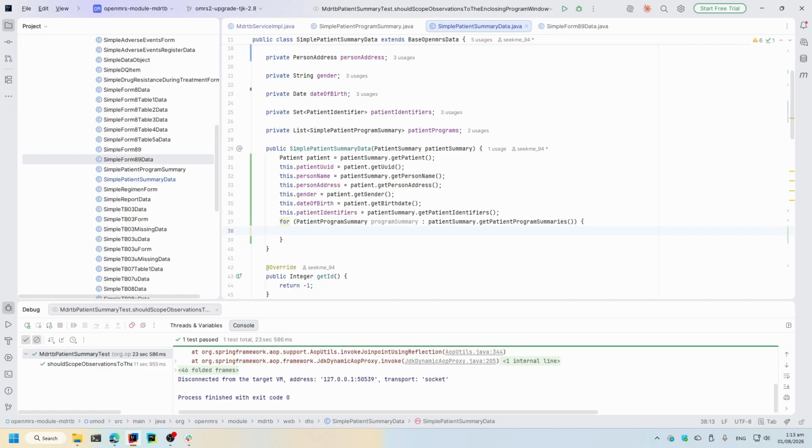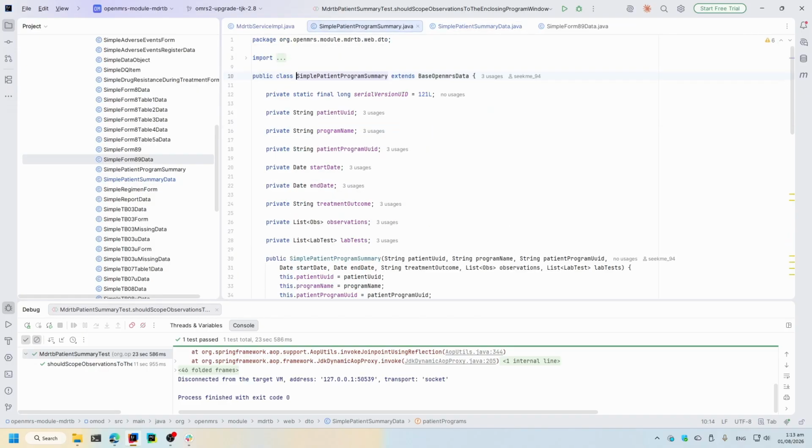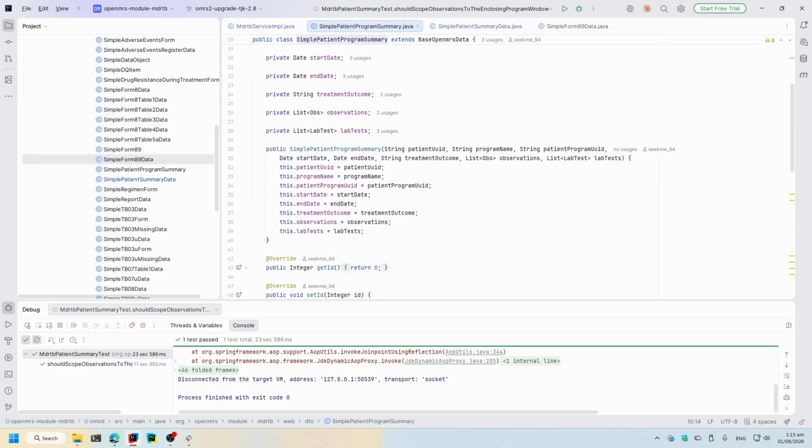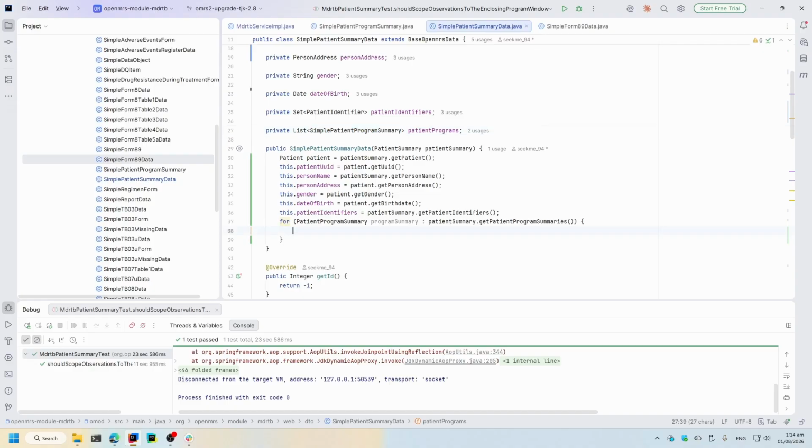And now I need to put in certain values to prepare this object, simple patient program summary object. So let me go over here, and this is what I want. I need to be able to set these values. So let's get back and